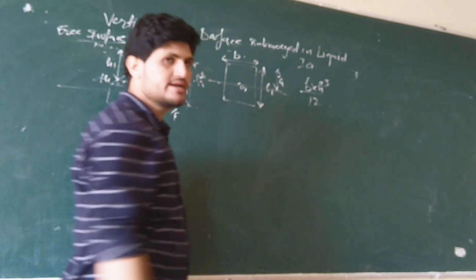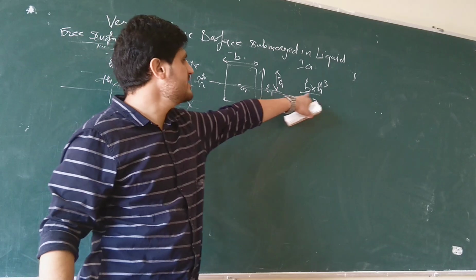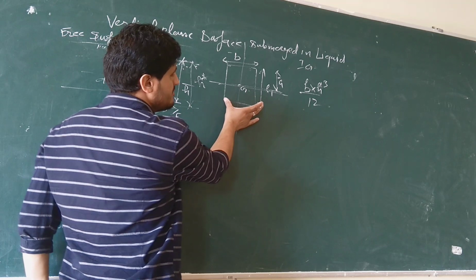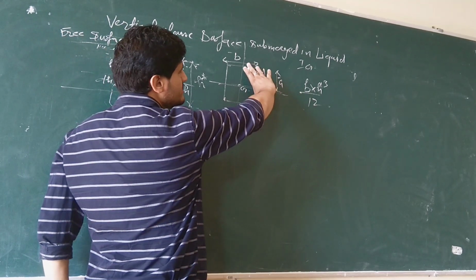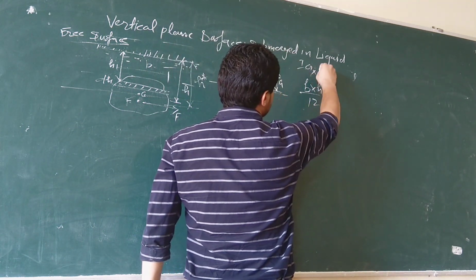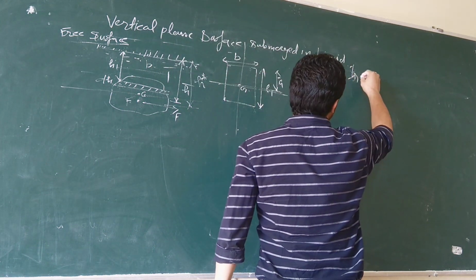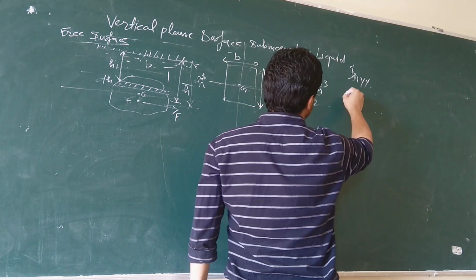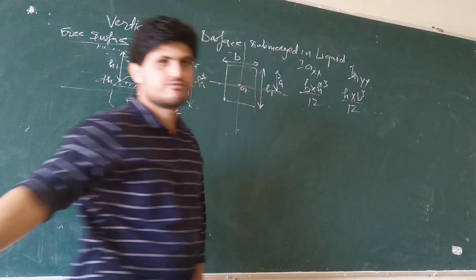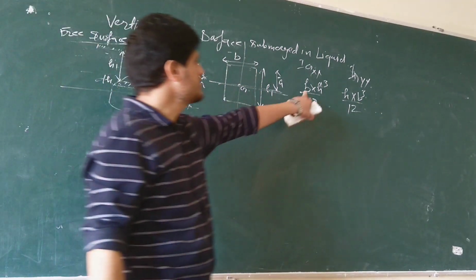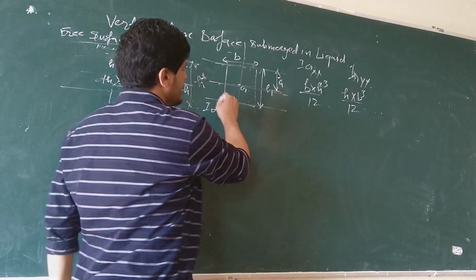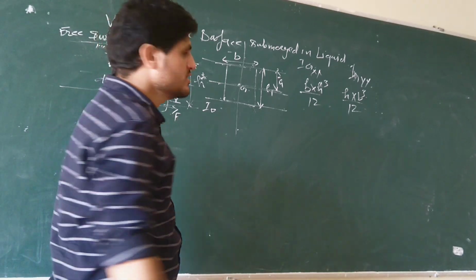So this is about the x-axis. About the x-axis it will be b h cube by 12. If I take it about the y-axis, then this will become the depth and this will become the width. So Ig about y I can write as h into b cube by 12. If I want to calculate the moment of inertia about the base, I naught,